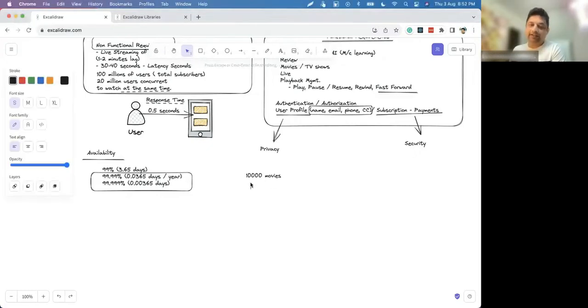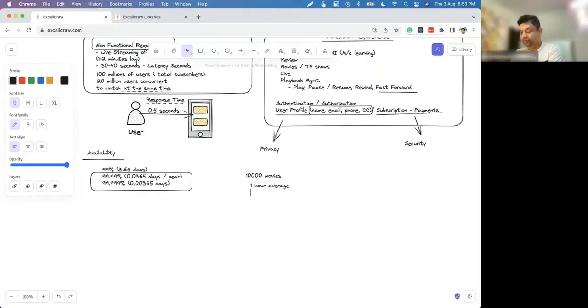Okay, so for 10,000 movies, let's assume every movie is 1 hour on average, simplifying the calculations. And for each movie, what kind of resolution will we store?